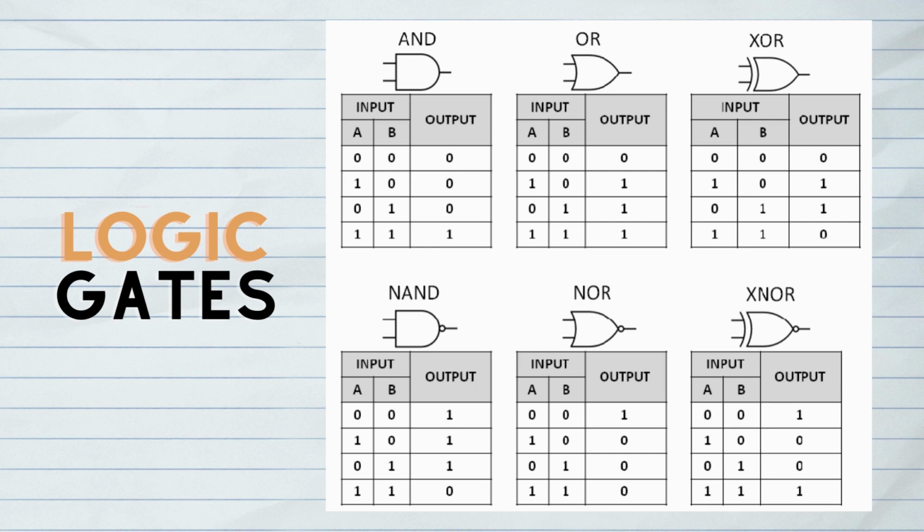Transistors can also be combined into logic gates. A logic gate is a basic building block of digital electronics that takes one or more binary inputs and produces a binary output that's based on a set of rules. It's basically like a switch that either allows an electric signal to pass through or not, based on the input signals. These logic gates can be combined to create digital circuits which can perform more complex operations. So for example, memory chips and processors.